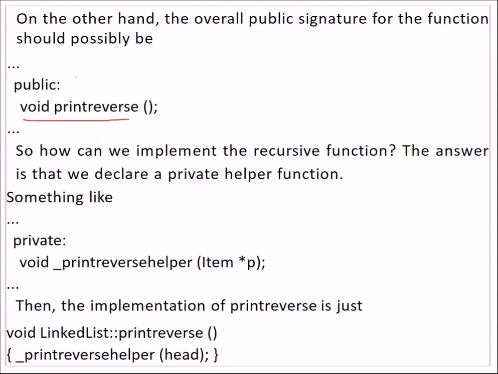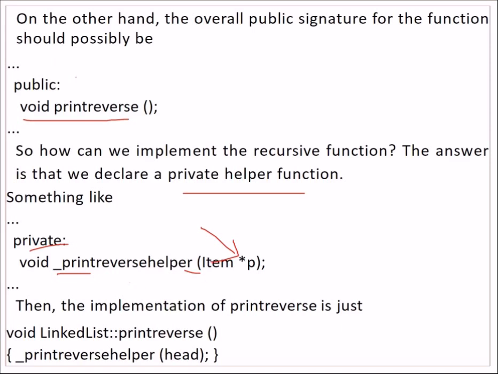So how are we going to implement this recursive function? The answer would be, we declare a private helper function. How? A private helper function. We start with underscore print reverse helper, and we pass a pointer to the item.